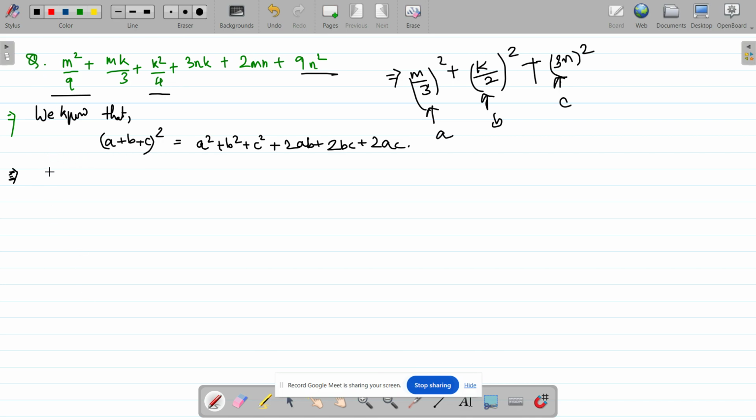So m square by 9 becomes m by 3 whole square. Firstly, we will solve the square terms: that is k by 2 whole square, and 9n square we can write as 3n whole square, right? Yes, so we have got A, B, and C. So what is the formula? A square, B square, C square, and 2AB. So what is the value of A? Tell me. 2 into A will be